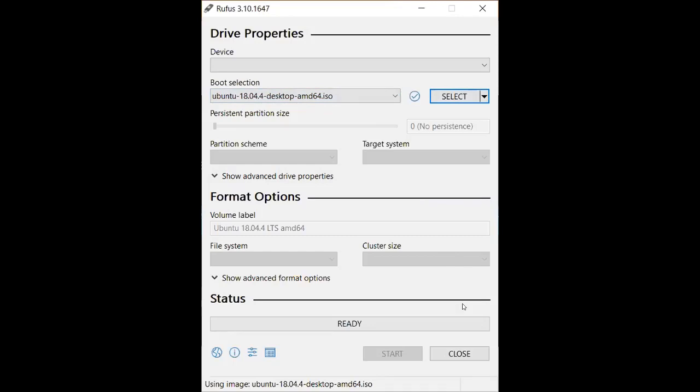Then you just need to click on start button to start creating bootable USB stick. It will create bootable media of Ubuntu. Okay, let me close this. Let's get back to our presentation.